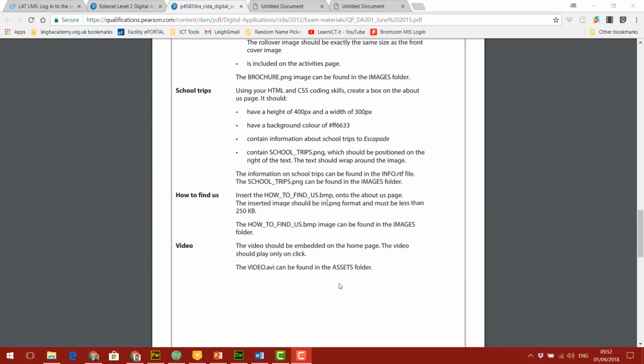Okay, so that's our 5 pages done. Just one thing I have noticed, and I think I've mentioned it while speaking, is I keep leaving this bit out. It says insert how to find us bitmap into the about us page. The inserted image should be in PNG format. Because we haven't converted the images yet and reduced the file sizes, and I said to you earlier that I will show you in another video how to compress images, I've left this bit out. So I'm going to come back to inserting this one image into the about us page a bit later after